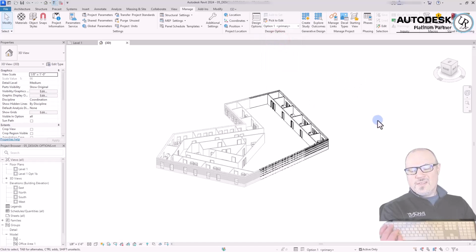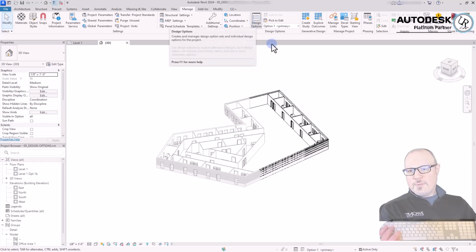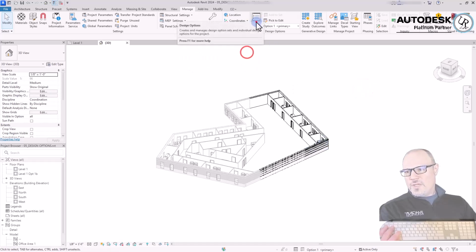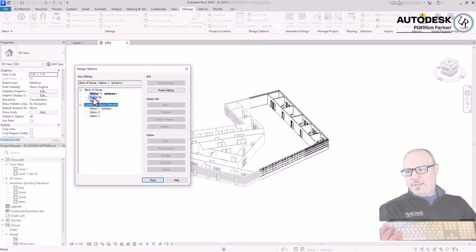So while the design options are in the model, they will be taking up memory space, and at some point it will be helpful to decide which design option to go with going forward, and then you can apply that into the model for permanent future design, because as it's part of the design option, it makes it much more uncomfortable to work with. And then when you decide to go with a design option, go back to the design option window. Whichever option is set to be primary will be chosen when you add it to your project as part